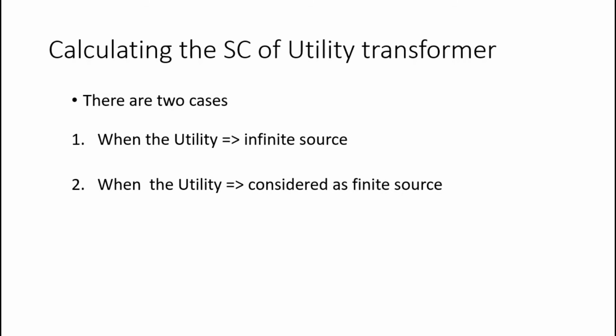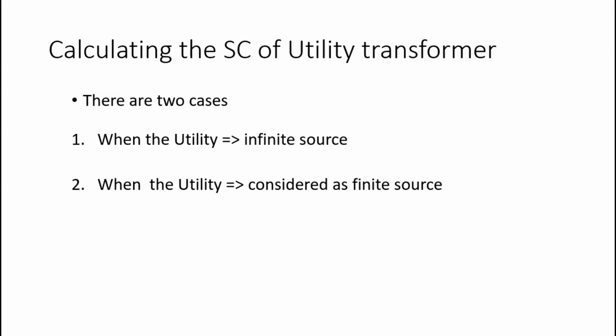In some cases you can't have equipment which can be rated at that short circuit level. So at a practical level, you never go with a source which is infinite. You go for a source which is finite to have a lower level of short circuit, corresponding to which you can buy your equipment. So in this video we will study the worst case scenario, in which we calculate the maximum short circuit which can occur for a transformer.